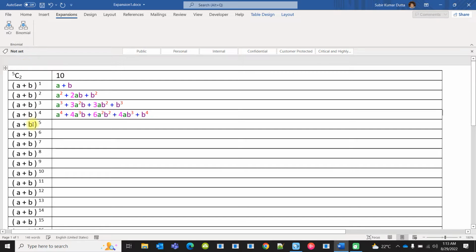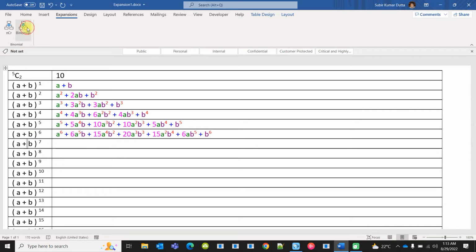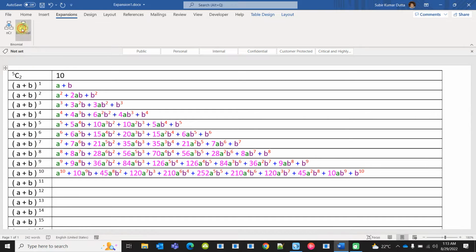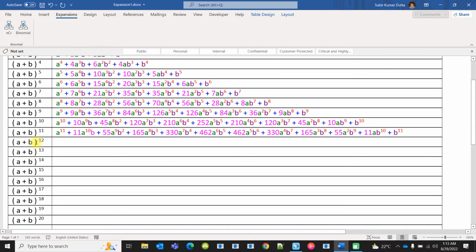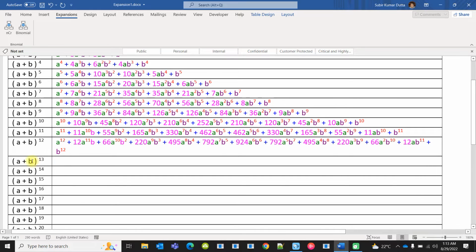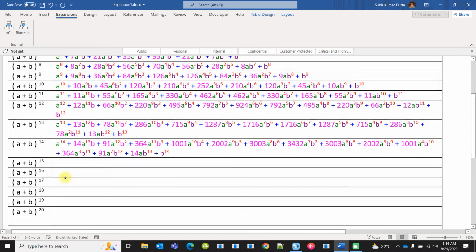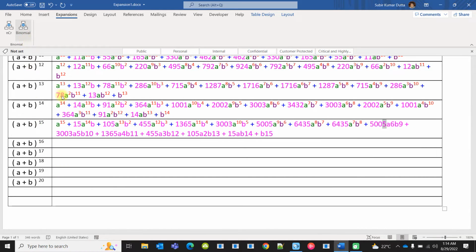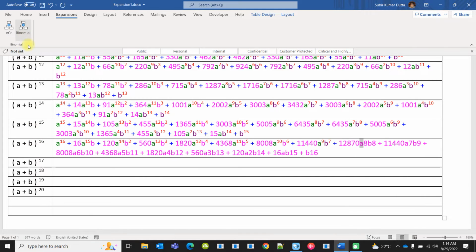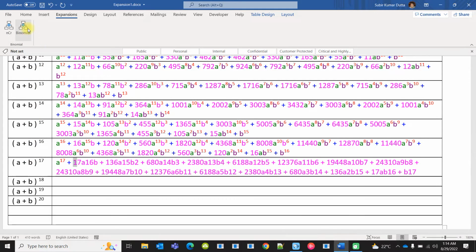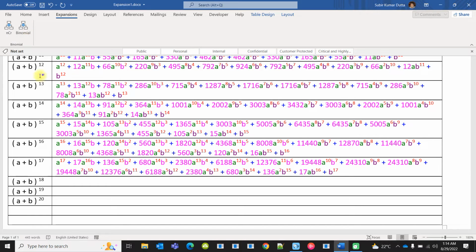I have used the Visual Basic language. I will show you how the code works, but before that, let us try to understand what it can actually do. According to my program, it can expand up to the power 17. A plus b to the power 16, a plus b to the power 17, it can still do the expansion,